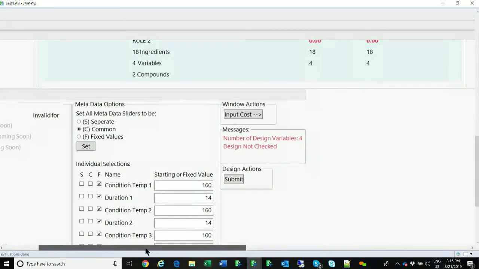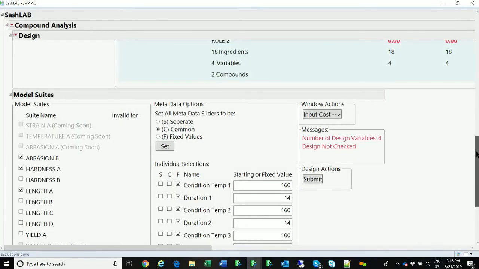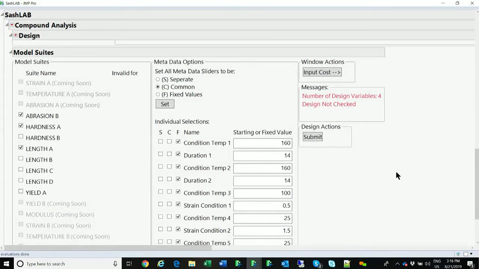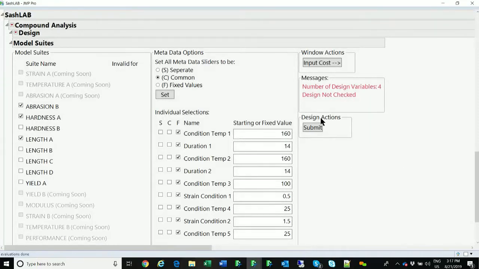You also have these condition parameters in the middle where you can choose your processing conditions, if you have those with your data, and these are also incorporated in the models. You can fine-tune them here, and once you are happy with the conditions, the recipe and the models you want to explore, you can submit to the design editor, and it will give you all your predictions for those